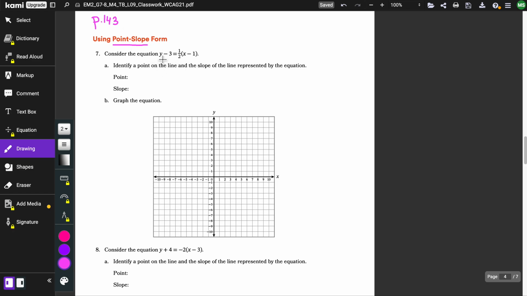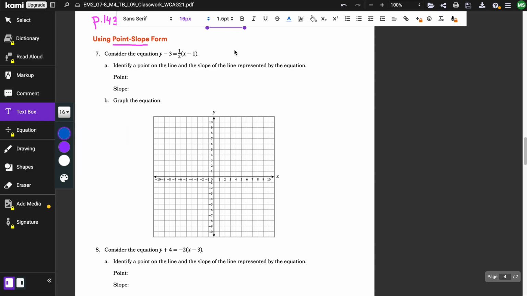So point slope form is always written like this: y minus a number equals a number, and then x plus or minus a number. I shouldn't have said y minus, it could be y plus a number. And so what this means is that we have the slope, which is right in front of the x, and then we also have a point on this line. Sorry, let me just actually type this up here, that way I'm not being confusing. So point slope form